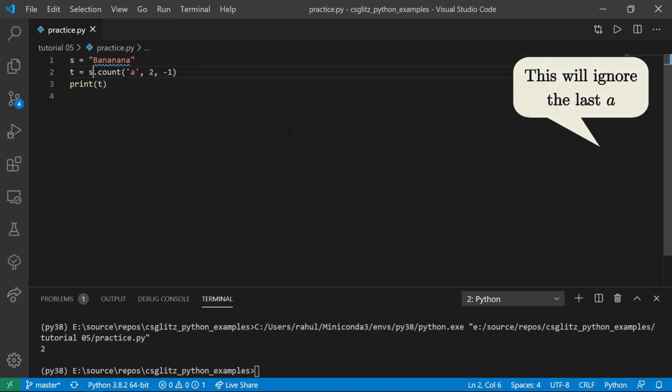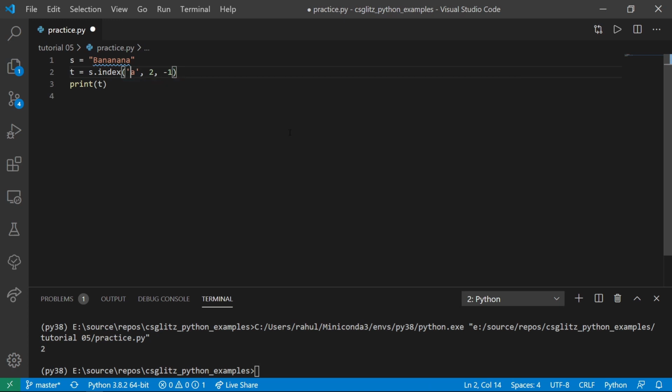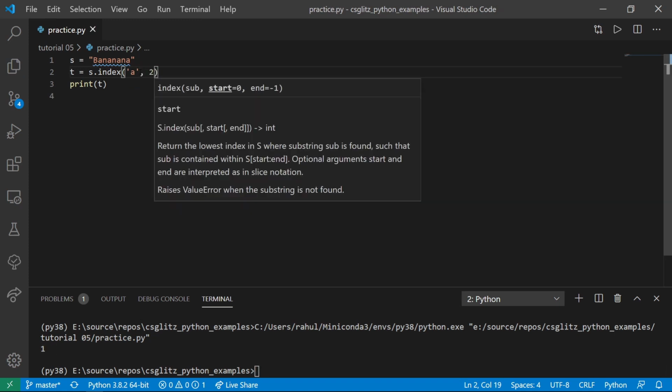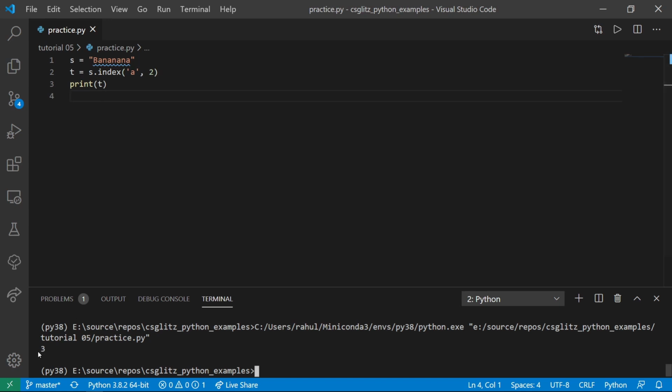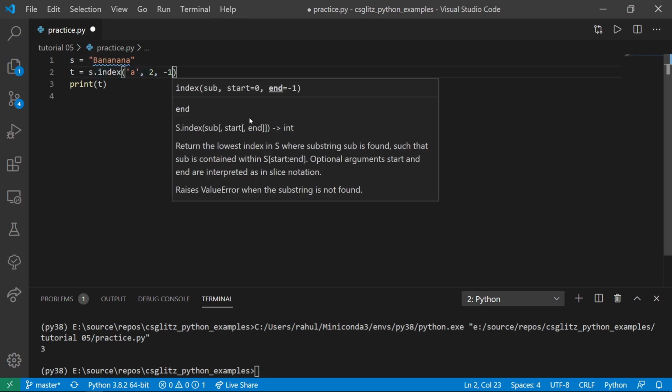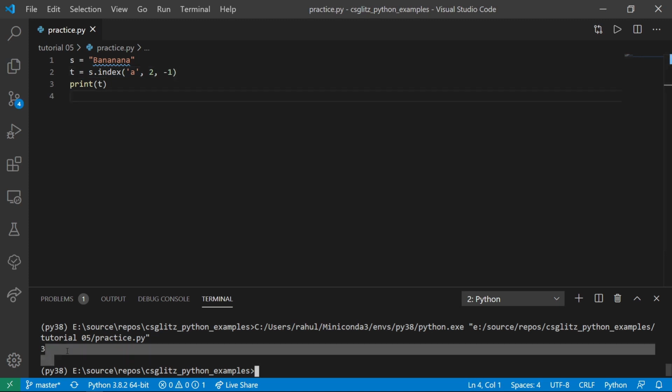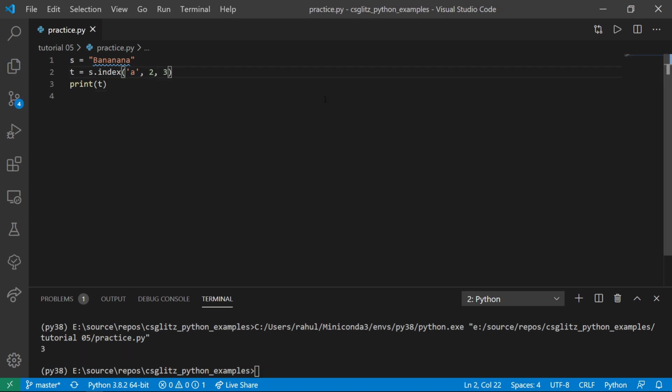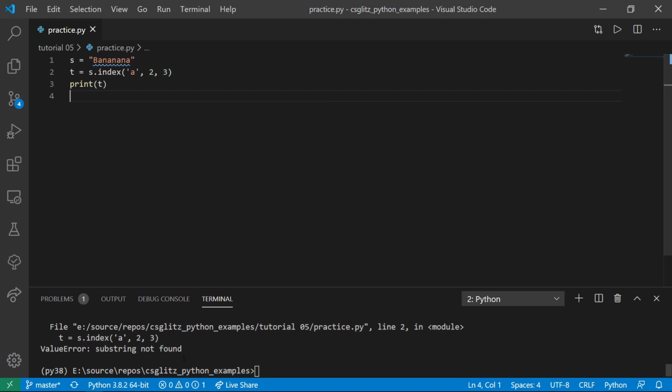If we want to know at which index the match was found, then we can use the index function. It will return the index of the first occurrence from the left. We can also specify a start or both start and an end. If it doesn't find the value, it will throw an error.